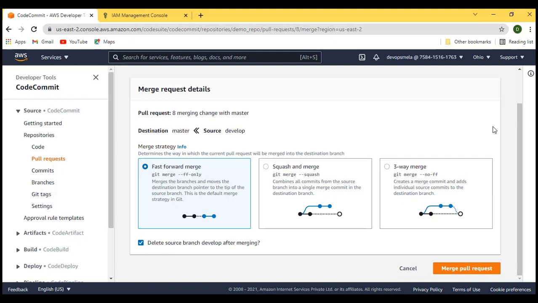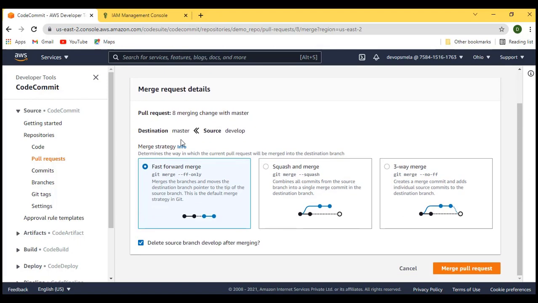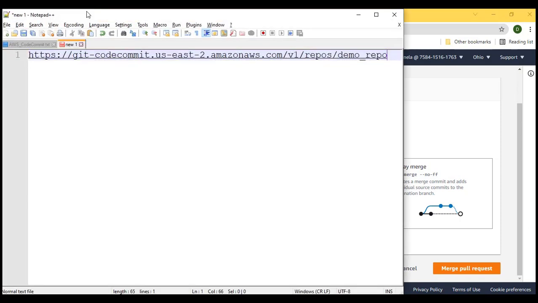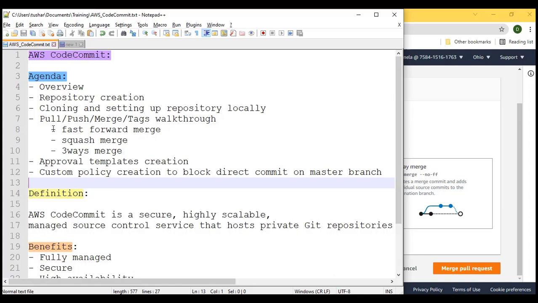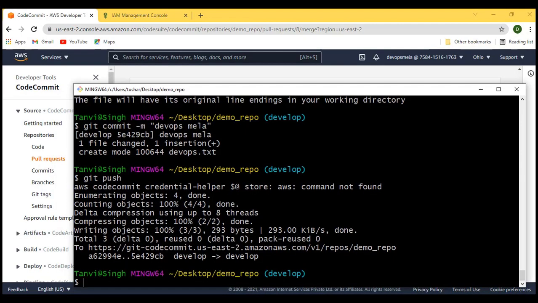Okay, if I come to this screen, it will give you three different merge strategies. So that is the strategy we were talking about. What is fast forward merge, what is squash, what is three-way merge. Okay, the fast forward merge, in short, it's a merge. What you do,